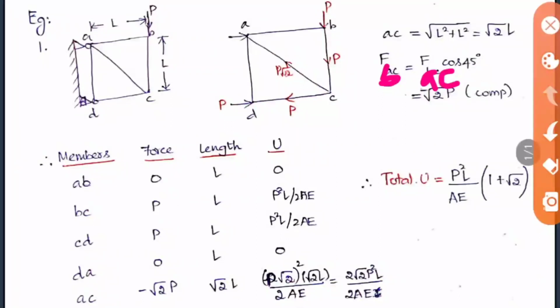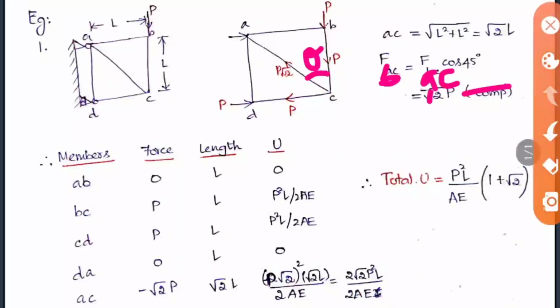If you take FBC, that will be equal to, in the opposite direction, FAC into cos 45 degree, because theta here, with L and L on both sides, will be 45 degree only. So FBC is equal to FAC into cos 45. Cos 45 is 1 by root 2, so you will be getting 1 by root 2 of that value P. This will be the answer here. It's positive, and you can take it as tension itself. Just neglect this. If you take the reverse direction, you'll be getting this answer as negative. Any direction you can take, that is not a problem here,